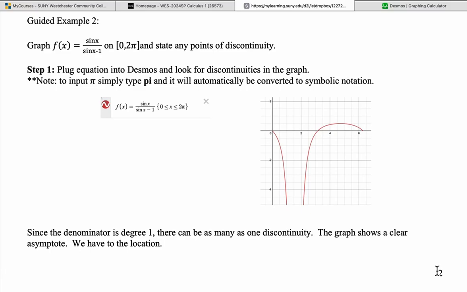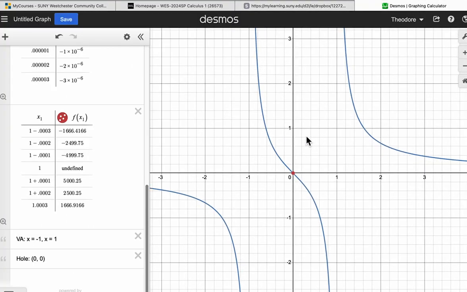So now let's look at the second guided example. It says graph f of x is equal to sine of x over sine of x minus 1 on the interval of 0 to 2 pi. What you can do to get started